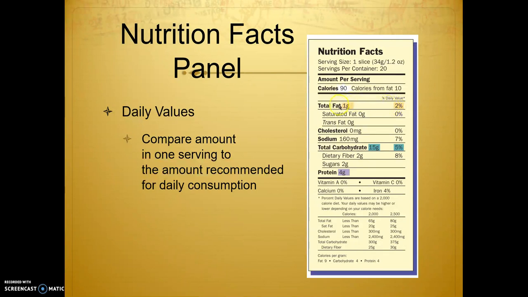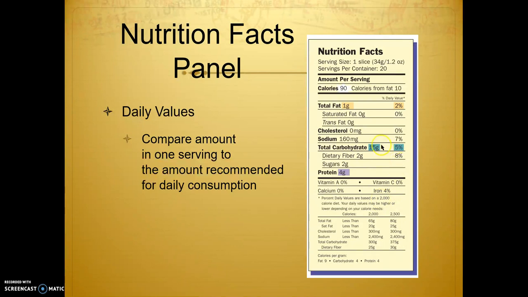You take the amount in your recipe divided by the recommended daily value times 100, and that will give you the percent daily value that you will use. The majority of our labels are based on a 2,000 calorie diet. If you choose to use something else, you would have to make sure you note it down here at the bottom of the